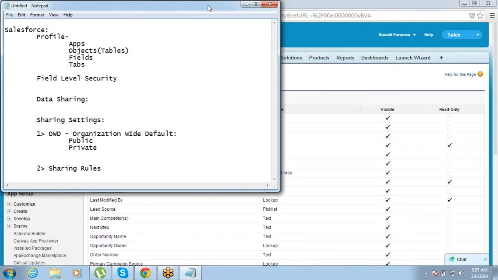Basically, it may be like field level security only talks about a particular field, and in sharing settings it's a block of something like that. AJ, you want to talk about what is the difference between field level security and the data sharing part? You all want to talk about field level security and sharing data? What is the difference between field level security and the sharing settings for data?